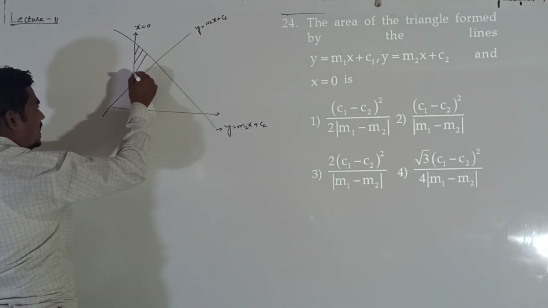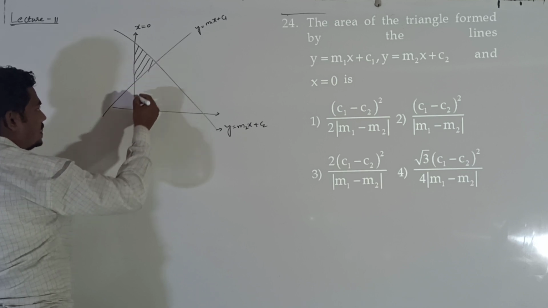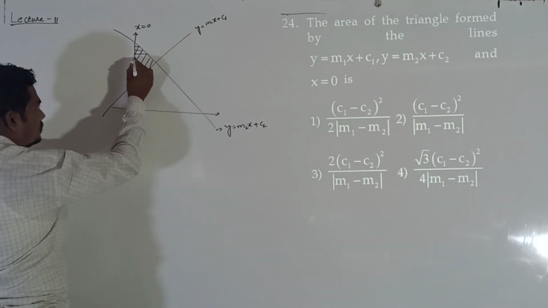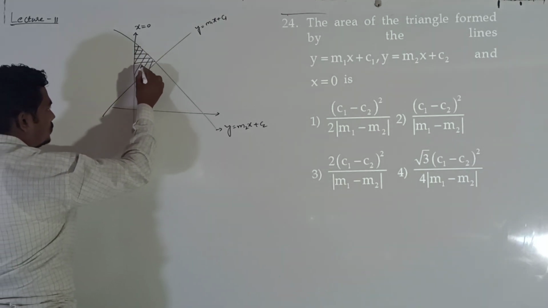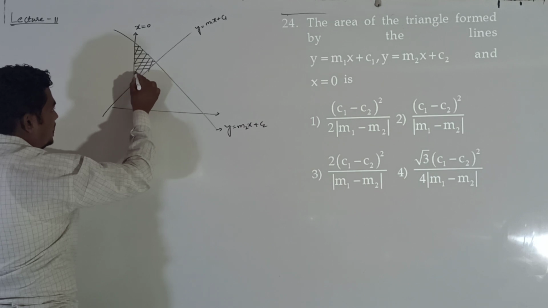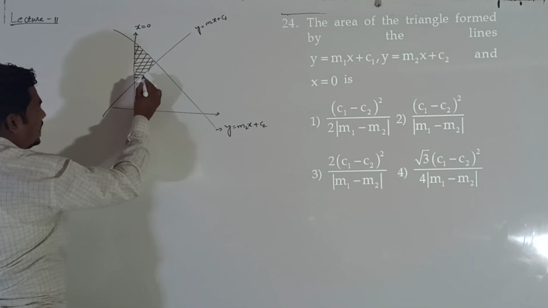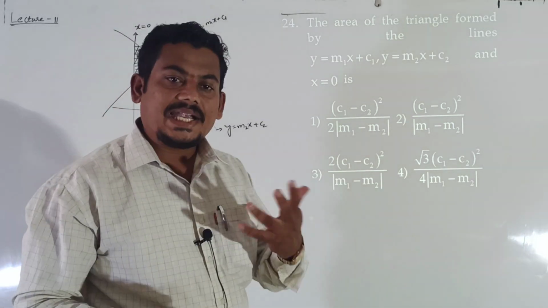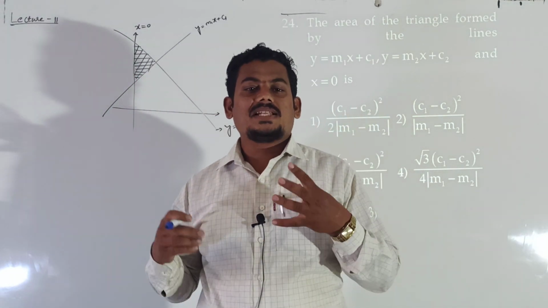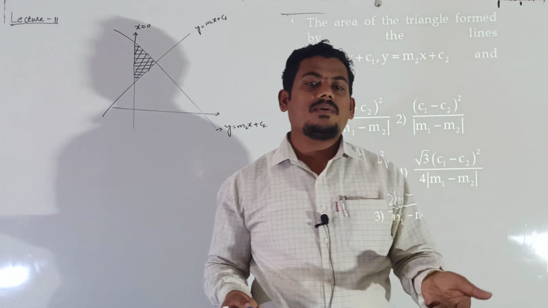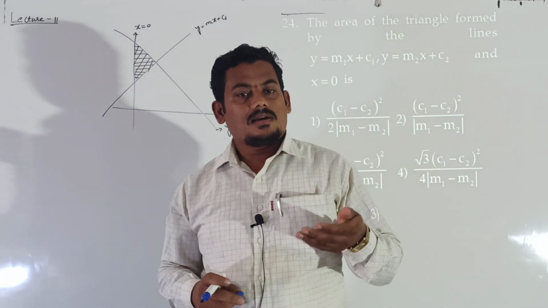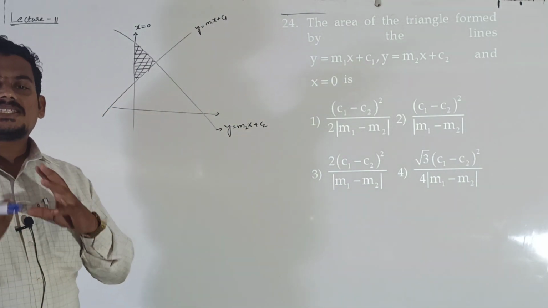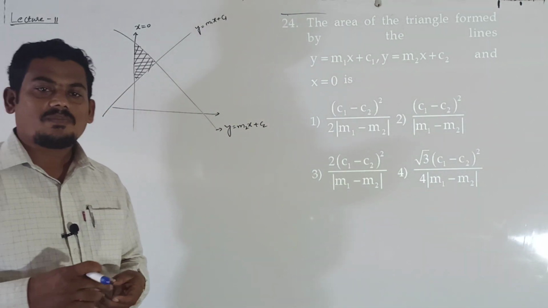This is our required area, right? Shaded region is our required area. This shaded region represents our required triangle, right? Then how to find area of the triangle? Already we know the formula when side length and vertices are given. Vertices are given, then we can find area of the triangle. Or their side length and height is given, then also we can find area of the triangle.